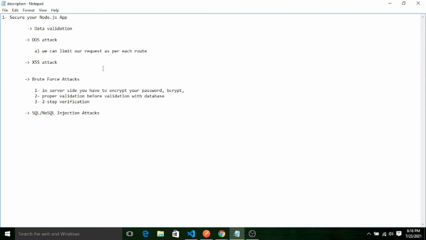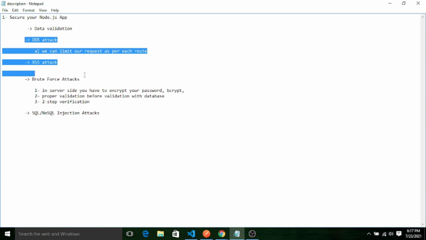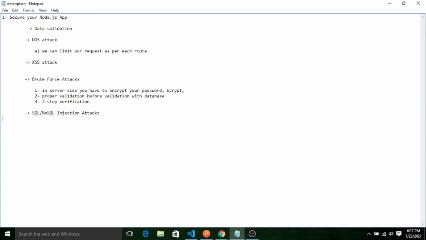A simple user cannot decode it. Then do the proper validation before validating with the database. And the third is optional actually, but it is good if you maintain two-step verification. So now at least you know 3 types of attack and how we can prevent them.